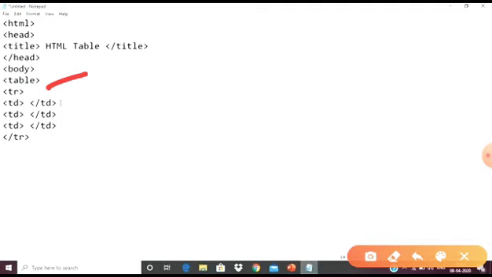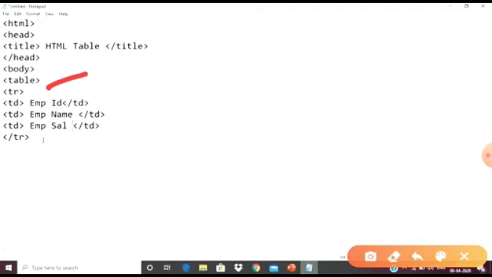Then we use the tr tag. tr is for the table row, so that's why tr is used. Then td gives the table data, or you can say the table cell. Inside the cell we want to put the data, so that's why td is used. After the tr it is the first row as I have created here.